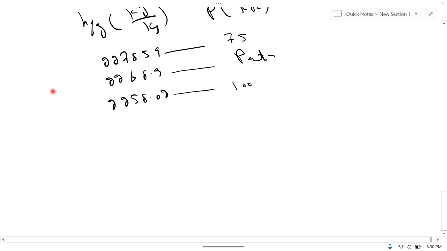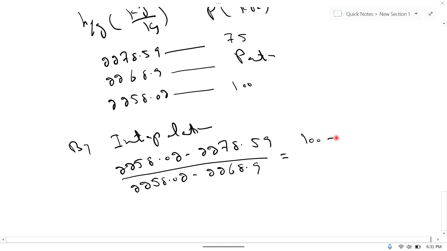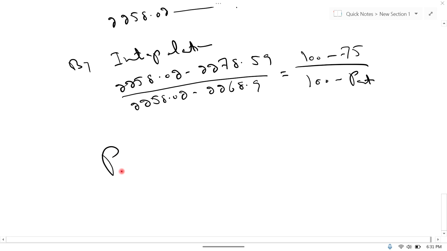So by interpolation, third value minus first value, 2278.59, divided by third value minus second value, which is the atmospheric pressure. So simplify this and find the atmospheric pressure, which is approximately equal to